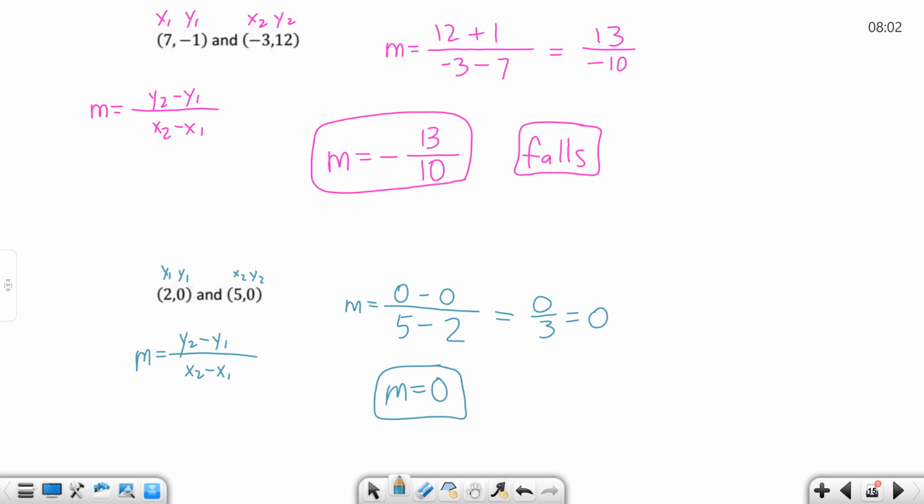So m equals 0. So this is horizontal HOI. Horizontal line has 0 slope. The O in HOI is actually the number 0. So, and it's y equals a number. So that line would be y equals 0 actually, because that's your y values in your 2 points. All right, so